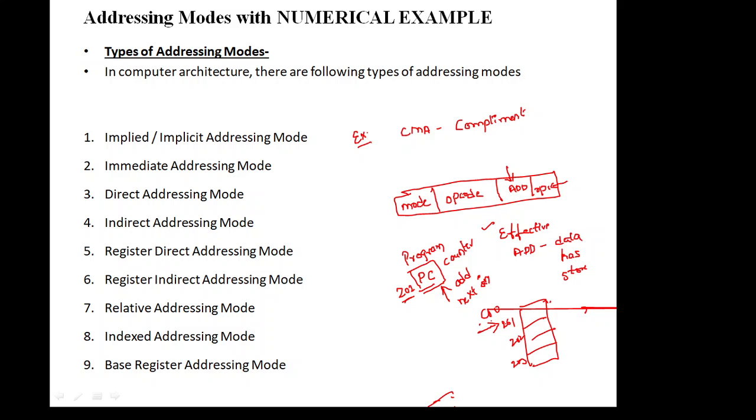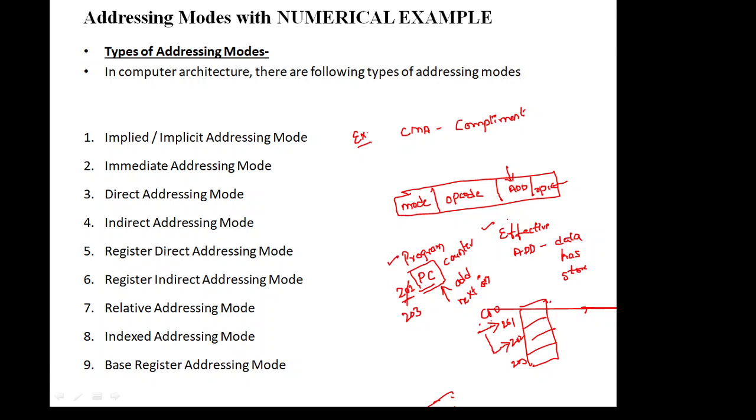Suppose the CPU completes 201 and jumps to 202. Then the program counter address will be 203. So it is going to give the next instruction to the CPU. If the program counter was not there, the CPU would have to think about which instruction has to be done next. In order to overcome that difficulty, we maintain one register. That register's name is program counter. What the program counter does is store the address of the next instruction and give it to the processor. So that is the importance of the program counter.